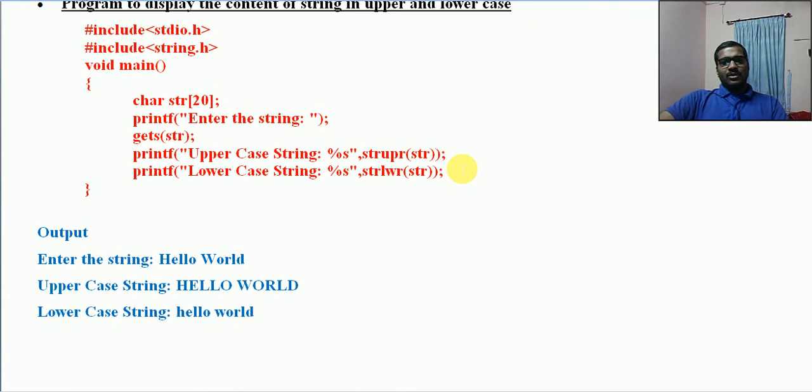So this session is over. Next session we will see some more programs related to the various strings, string handling by using functions, and some other examples without using string handling functions. Thank you.